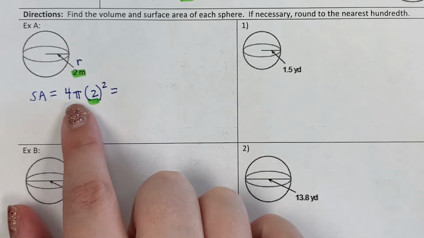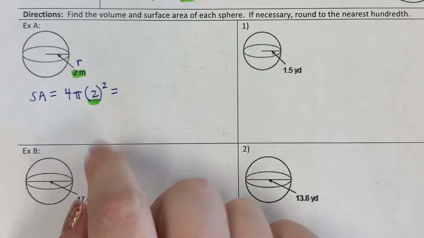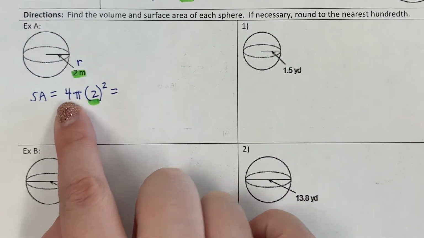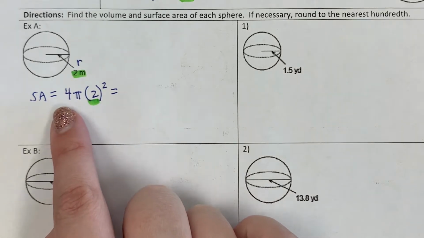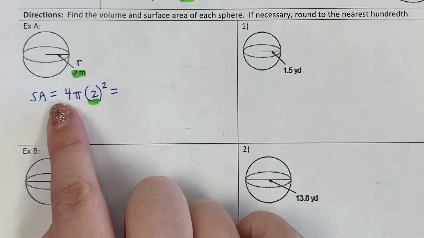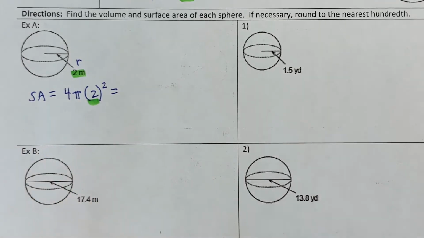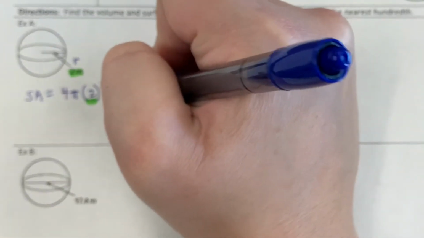I can type 4 times pi times 2 squared. I can also do parts of it in my head. 2 squared is 4. 4 times 4 is 16. I could also just type 16 pi in. It's up to you. I would recommend just typing your formula as you see it and just be very careful typing it. When I do this, I get a surface area of